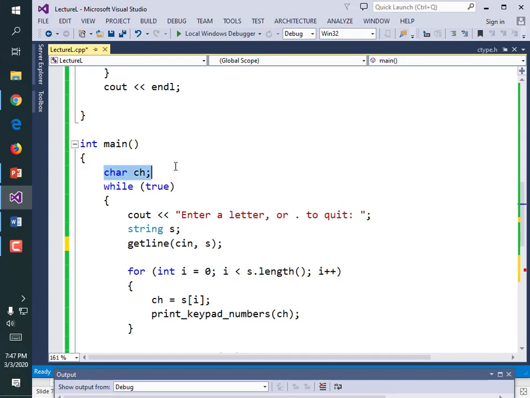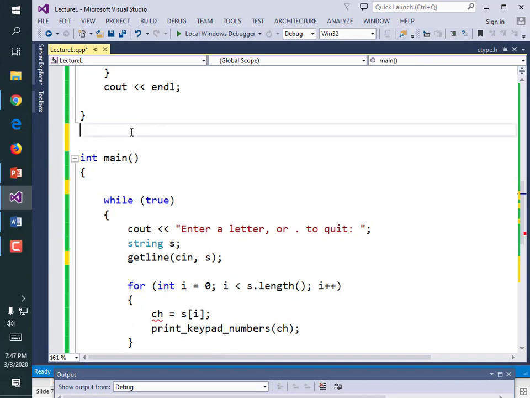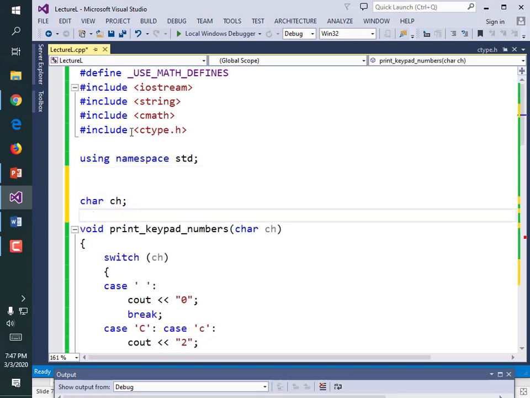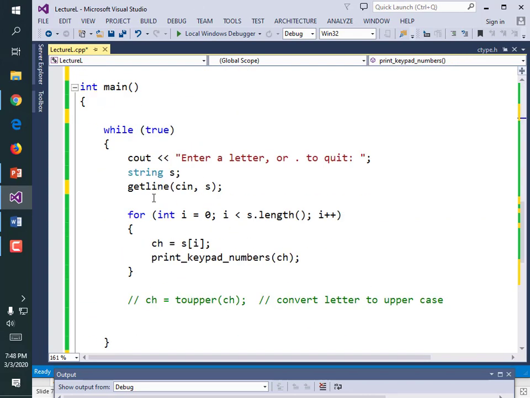How do you make a global variable? You move its definition outside all of your functions and probably above all of your functions. There. Now that variable is global, and I would not necessarily even have to pass it in as a variable right there. I'm going to be undoing these changes lickety-split, but the code would work now just as well as it did before, because main would set the value of ch right there, and then when we call it,